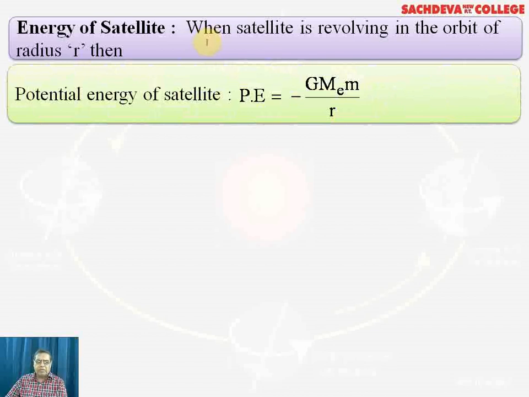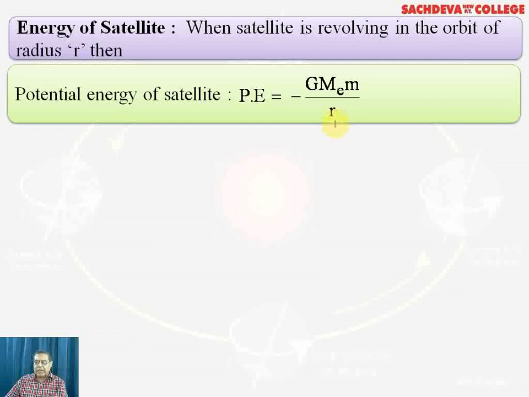So now, first of all, we come towards the potential energy of satellite. That is the work done. Potential energy means work done to bring the mass from infinity to a point in the field of another mass. So M_E is the mass and it will generate the gravitational field, and small m is brought from infinity, that is outside the field,